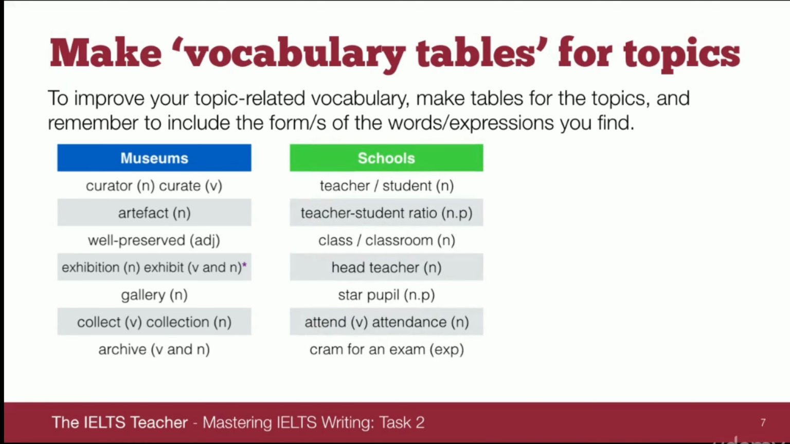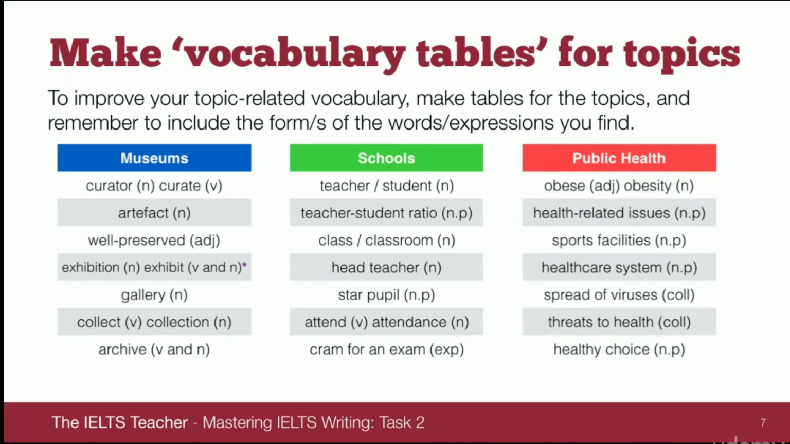If we have schools, we have teacher, student, teacher-student ratio, nice noun phrase there, class, classroom, head teacher, star pupil, attend, attendance, to cram for an exam. Public health, obese, obesity, health-related issues, sports facilities, healthcare system, spread of viruses, notice collocations here being used as well, threats to health,